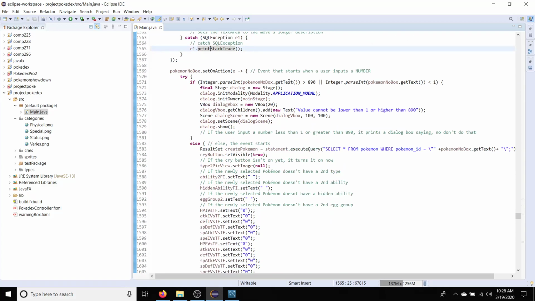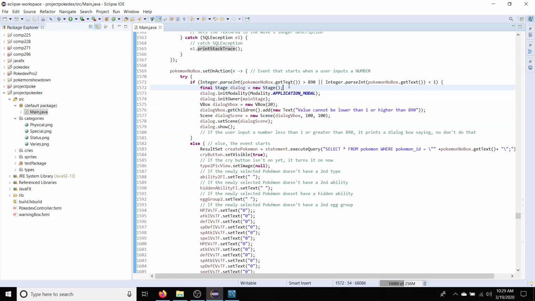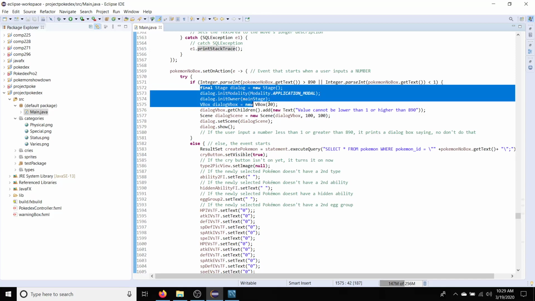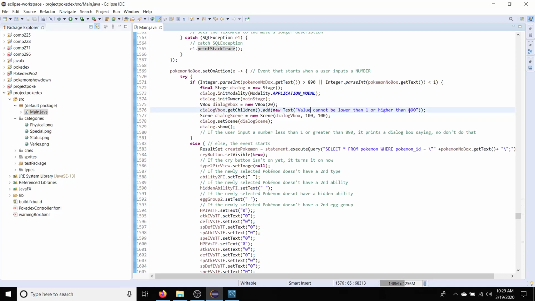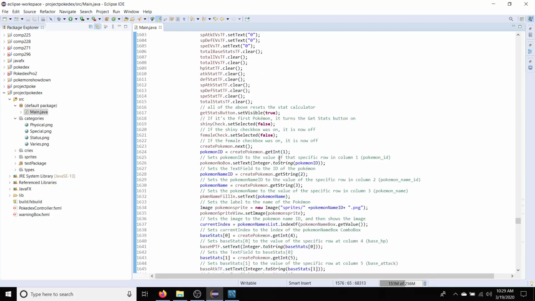Moving on to the event that starts when a user inputs a number. I put this in big letters because I added this little fun thing right here. If a user puts in a number greater than 890, Terrakion's number, or less than 1, Bulbasaur's number, it shows a dialog box that says value cannot be lower than 1 or higher than 890. Else, okay, so I'm not going to go through this again. Essentially doing the exact same thing you're doing for